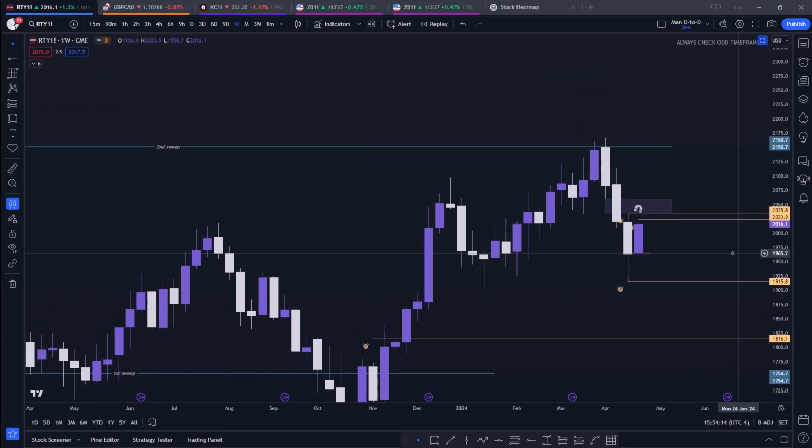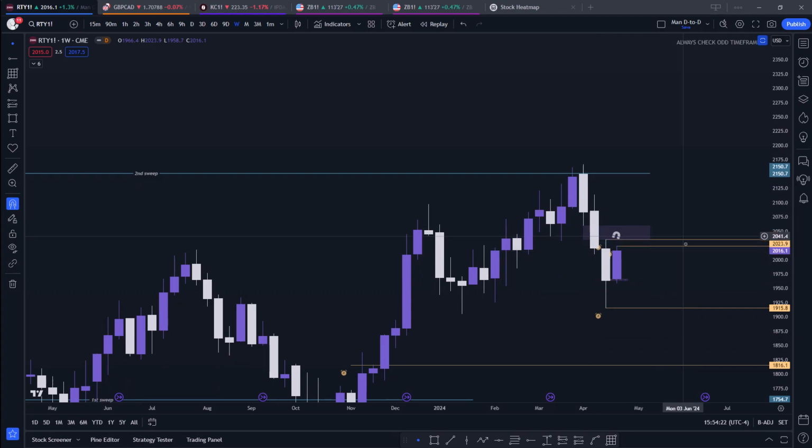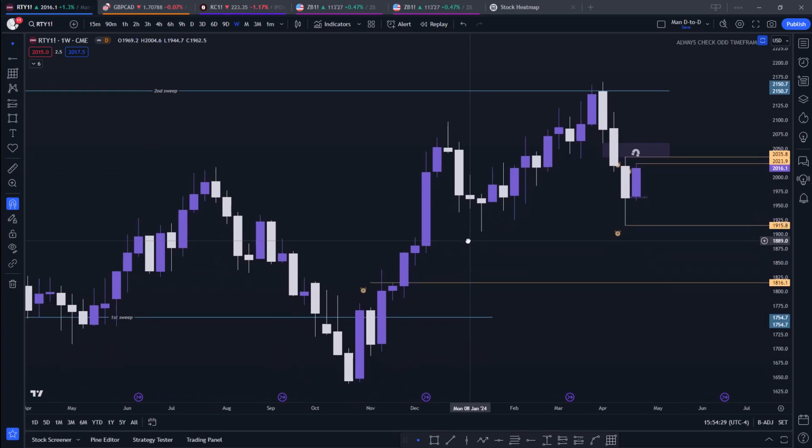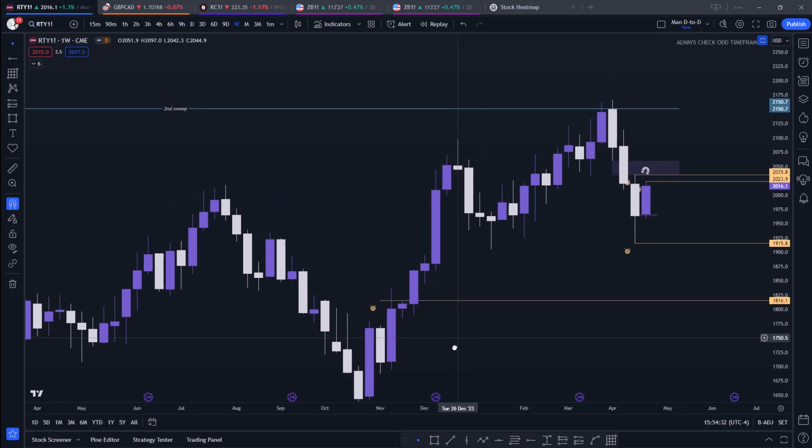Oh yeah, on Russell we have the exact same thing. We are likely to trade into this weekly fair value gap. Going from there, we might see a reversal, targeting the sell side liquidity there, the sell side liquidity there. Then we see how we continue lower from there. Right now,